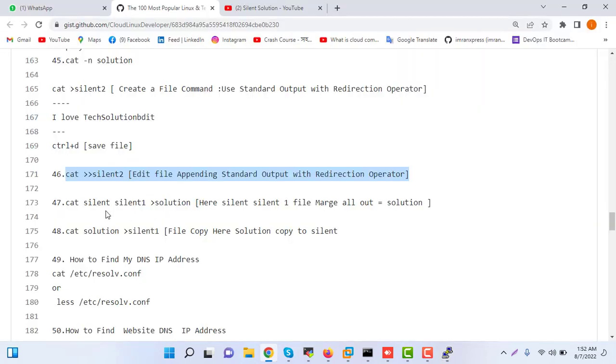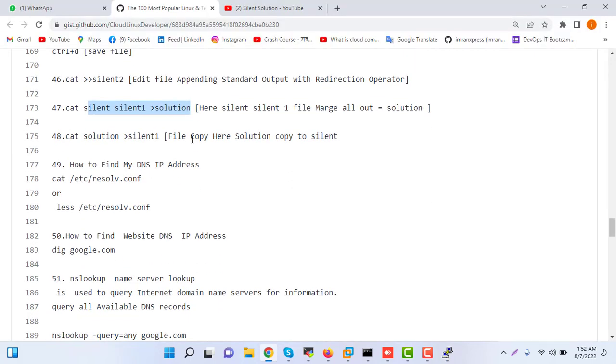And see your cat is a file copy. Cat command is a silent solution. Is silent solution file copy. How to